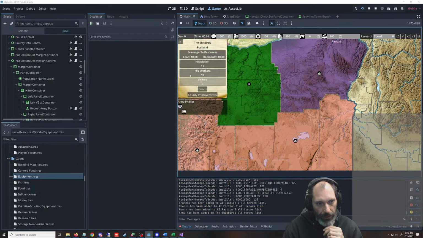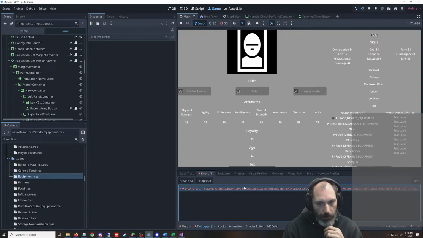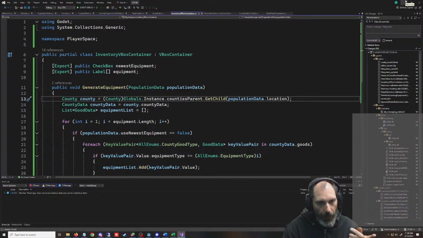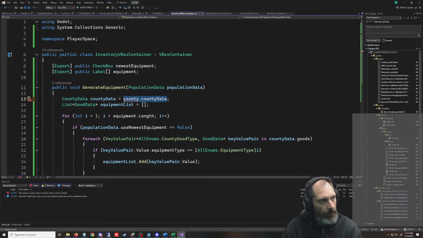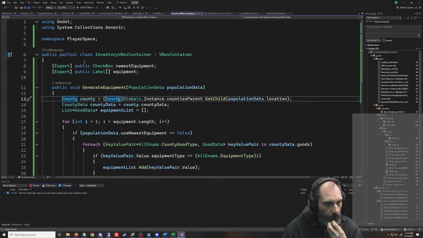Or I made a mistake with the get child thing, which is possible as well. County parents. You know, the other way we could do this is you have to be selected on a county. No, you don't. You could also just click straight through the hero. So that's not going to work.